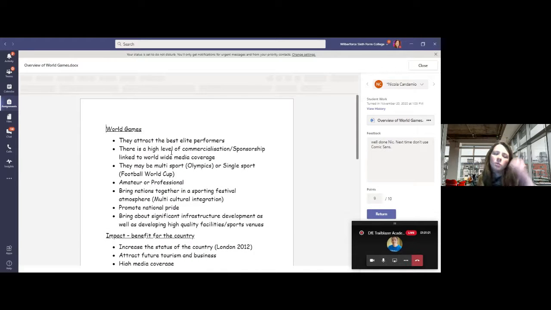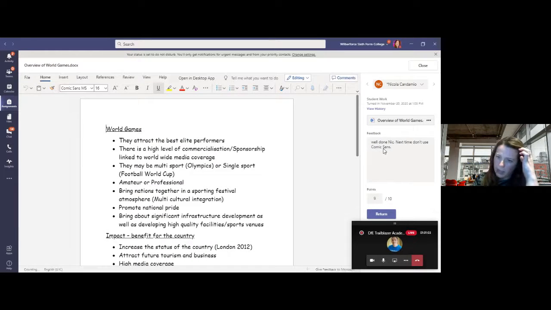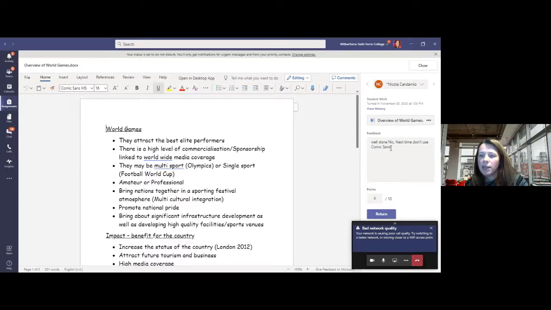And because Nick's done this in Word, we've got two options for feedback. So here we've got the general feedback box. Now they do get this sent back. So I put here, don't use Comic. Now I don't have anything against Comic Sans personally, but if I've set an assignment where I've instructed them to use a different font and they use something else, I might feedback a next step. Okay, I can give it a mark because I've set the assignment up with a mark out of 10.